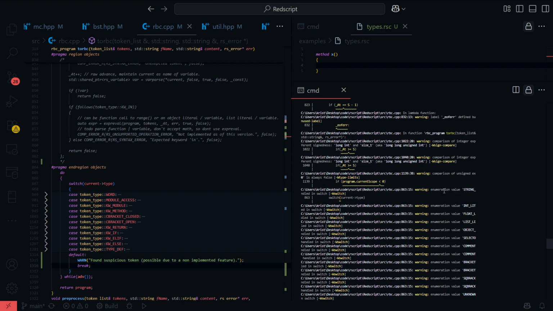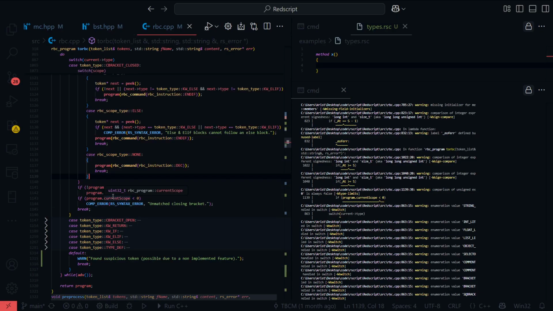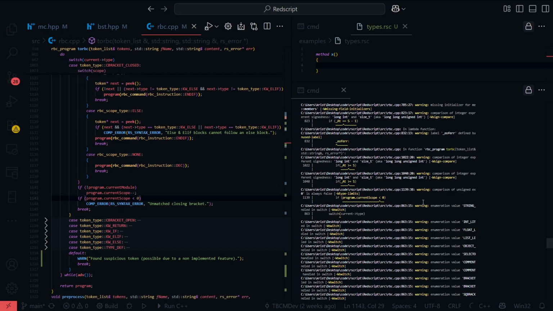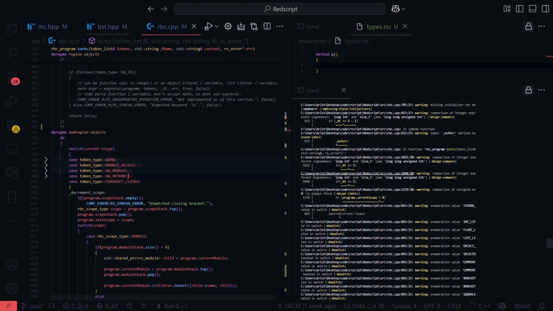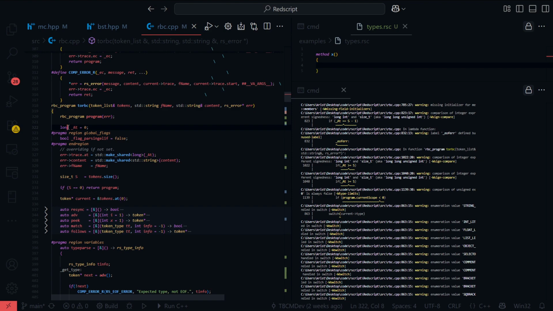Enumeration value string not handled in switch. Yeah, comparison of an unsigned integer is always false. Uh-huh, that should be not unsigned. I'm now going to turn this into a long.